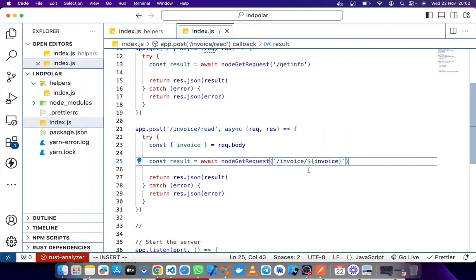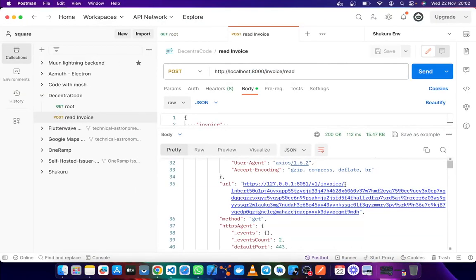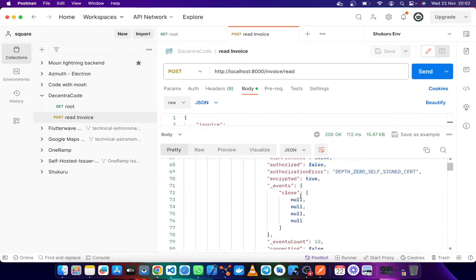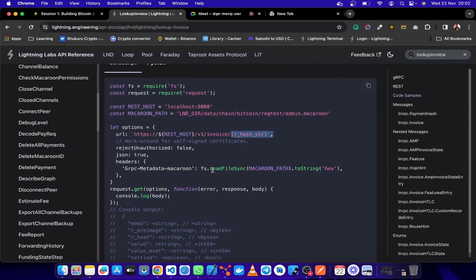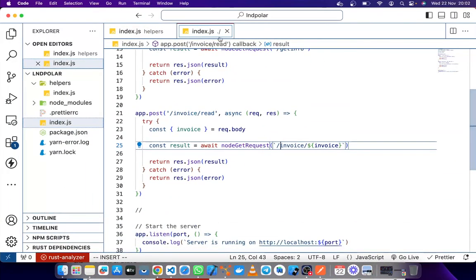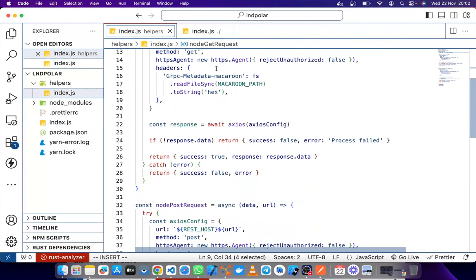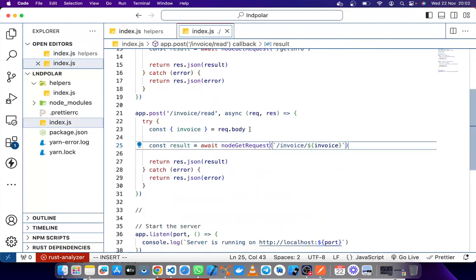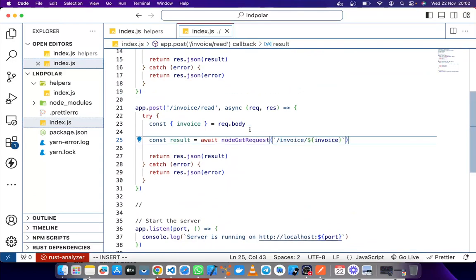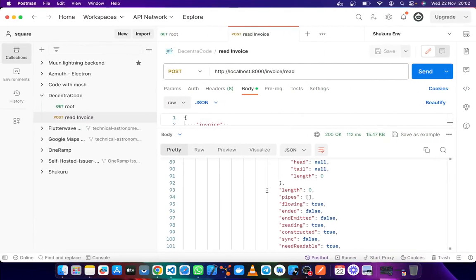Oh, looks like this is coming through. Okay. Watch me debug.